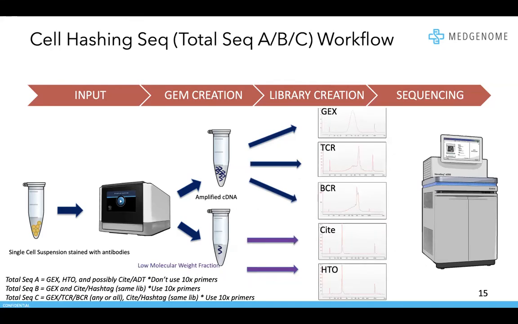I also made this slide. It just shows how complicated things can get with TotalSeq A mixed into the workflow. Again, you start with your single cell suspension stained with antibodies. You create your single GEM. If you're doing cell hashing, then this would be a pool of cells that were stained with different hashtag antibodies. You still do your PCR here, but if you're doing TotalSeq A, then you'll end up with two different products in your low molecular weight fraction. You'll end up with both the CITE-seq and the hashtag